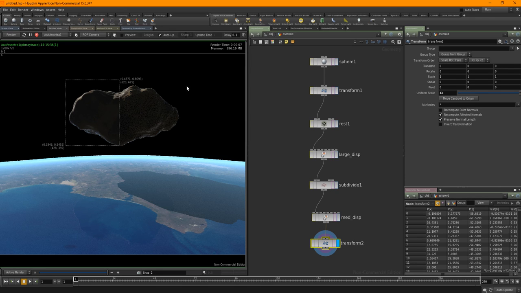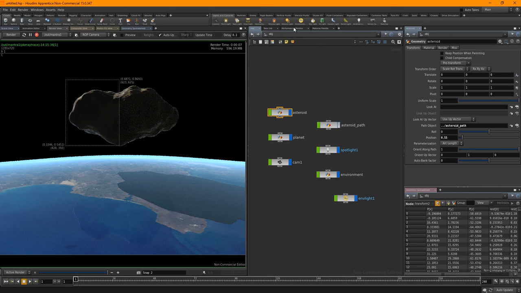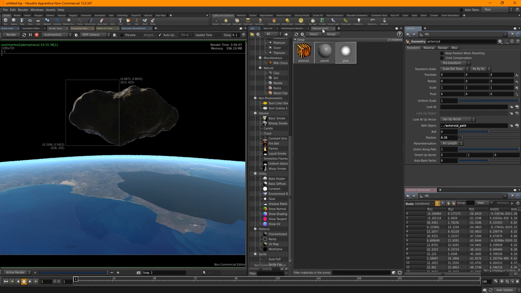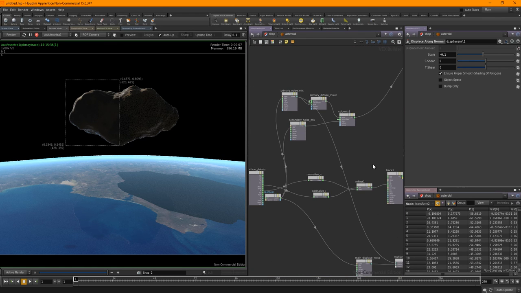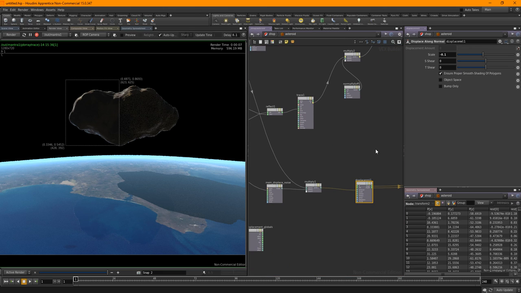For some reason we seem to have lost a lot of our displacements. -1. Yeah. That's insane.